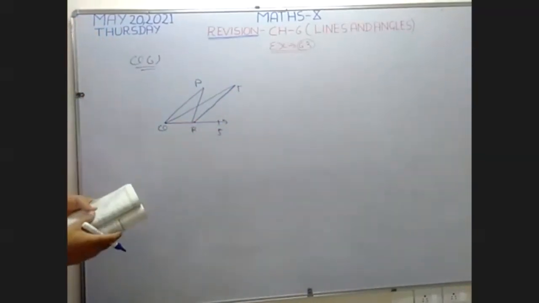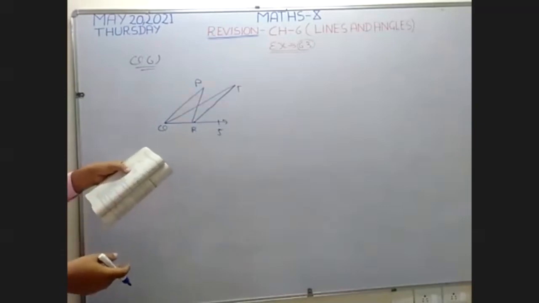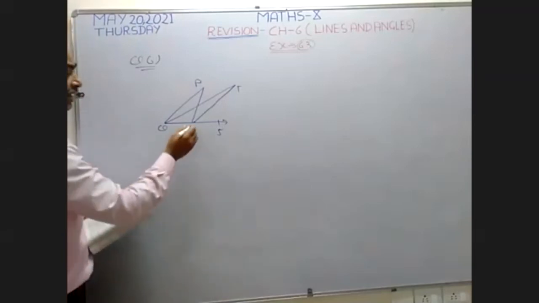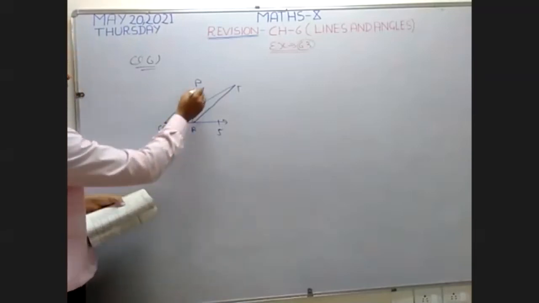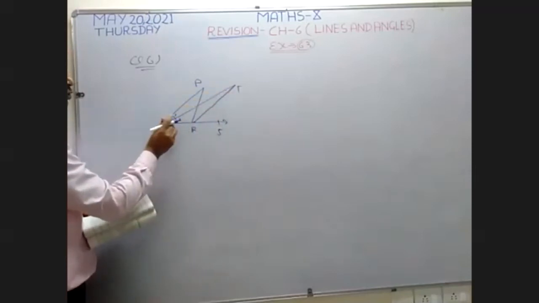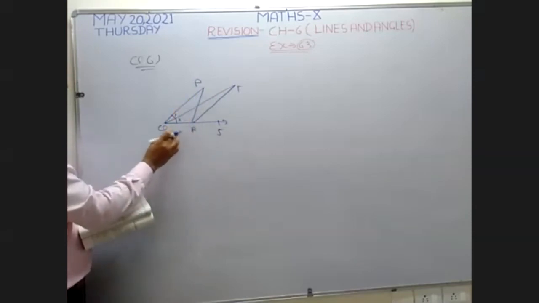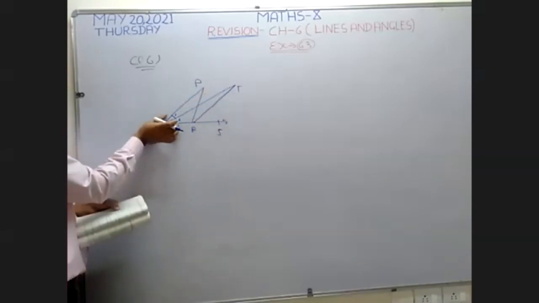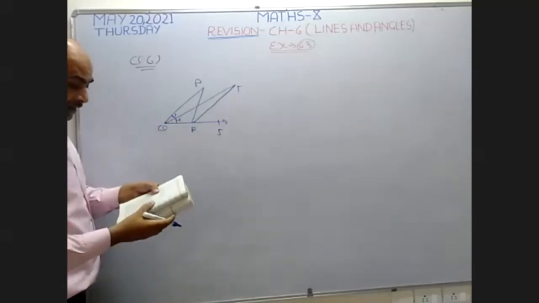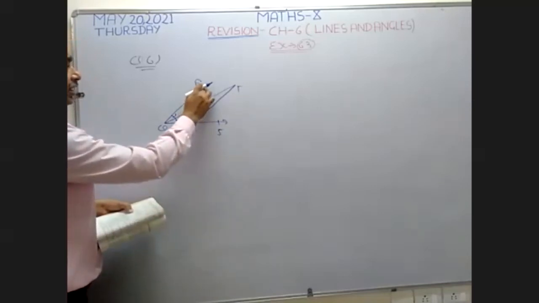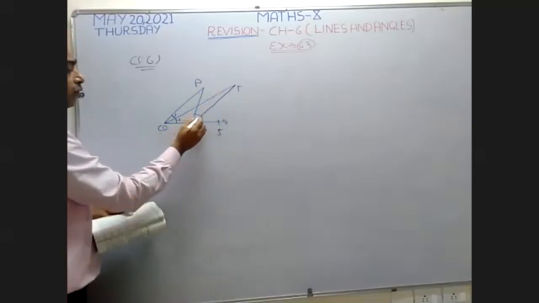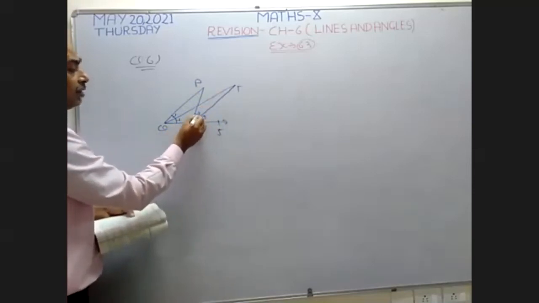Now, what is given in this question? The side QR of triangle PQR is produced to S. Okay. If the bisector of angle PQR, now a bisector is given, beta. This is the bisector. Since this line is a bisector, it means angle 1 and angle 2 are equal. It is given. When this line bisects this angle, it means angle 1 and angle 2 are equal. And again, angle PRS, where is angle PRS? This angle PRS again has a bisector. Since this line is the bisector of this angle, therefore angle 3 and angle 4 also become equal.